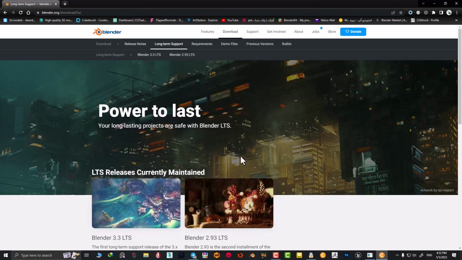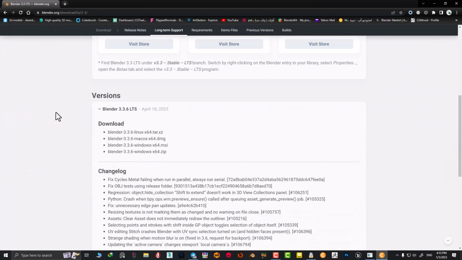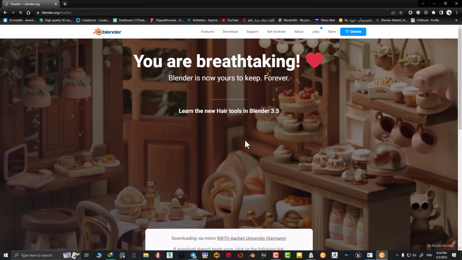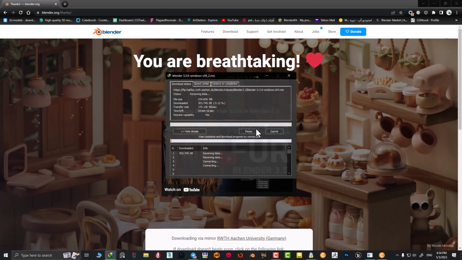There are two Blender LTS versions, of which the latest one is Blender 3.3 LTS. We click on it and we go to the versions and we click on the MSI version. So we wait for the download link. Okay, and start download. Okay,